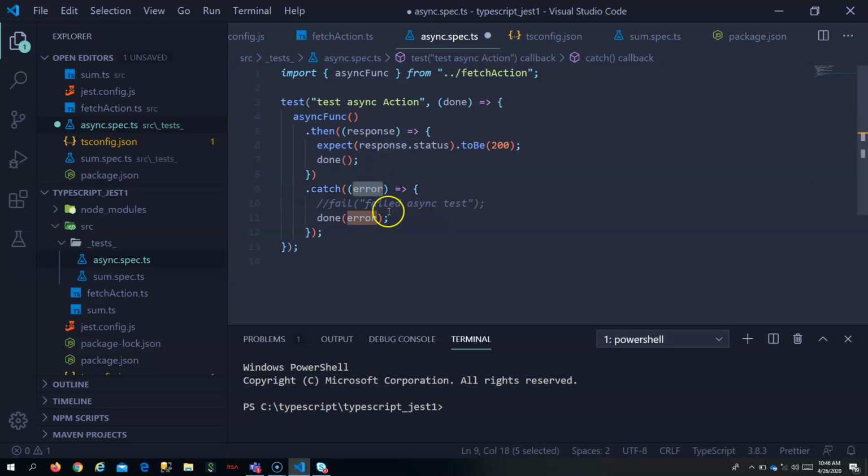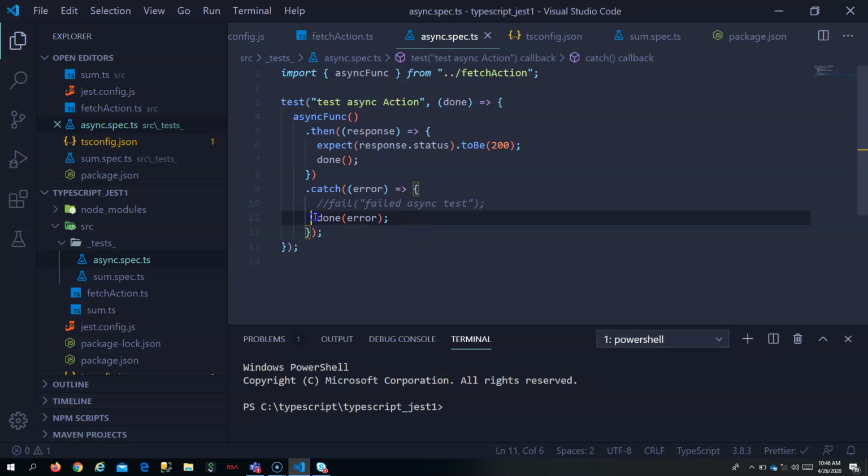Here you are supposed to do done error again, because it would not have gone to this statement. When the expect condition fails, it will come to the catch, and we are supposed to complete the test in the catch as well. Maybe we can do done error. No need to write the fail again, because then your test will fail two times.